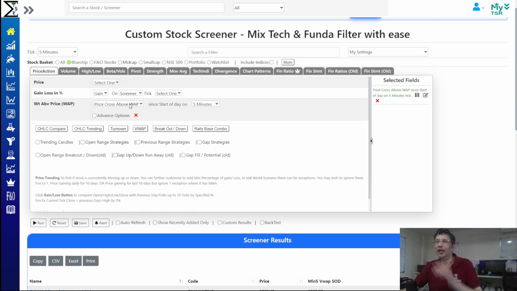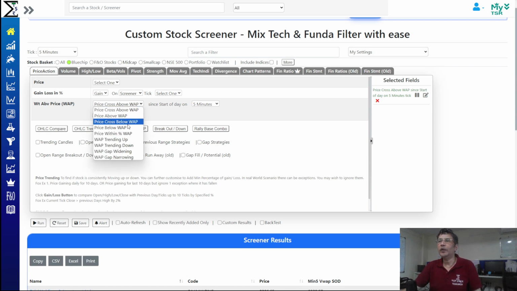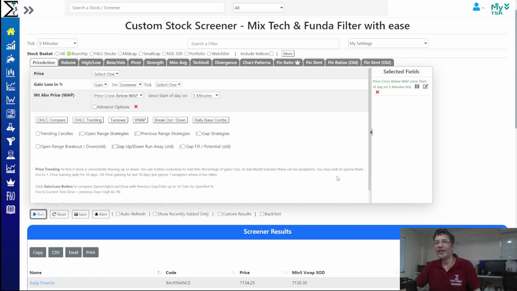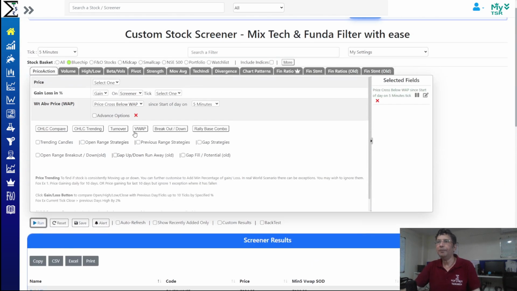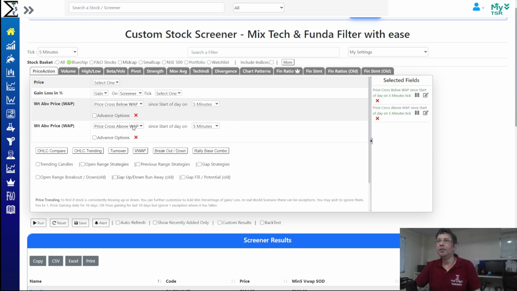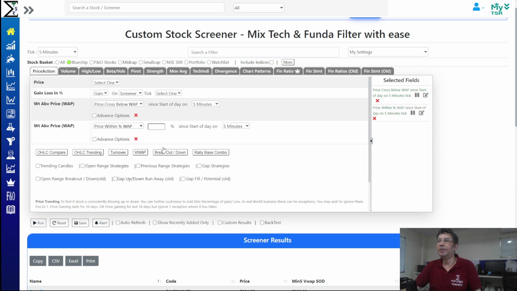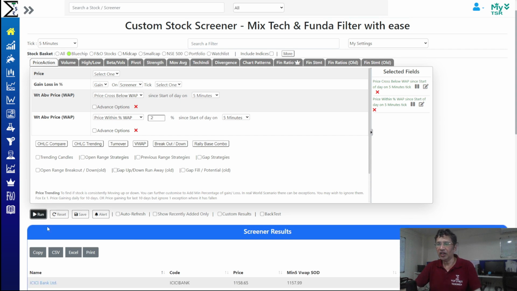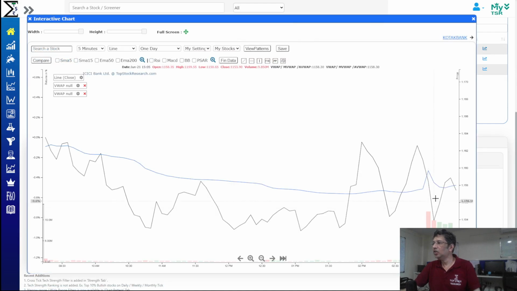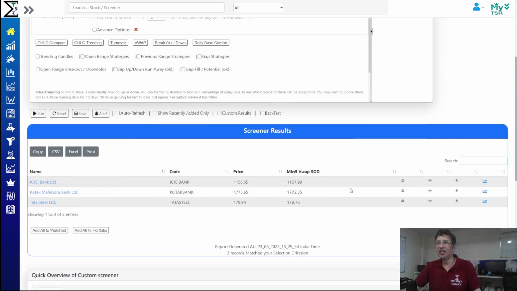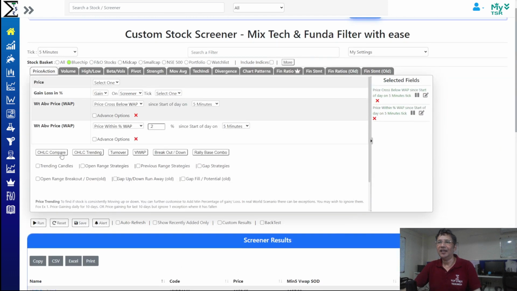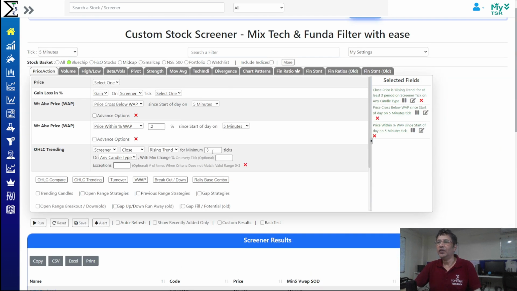Okay, price is below VWAP. That's the first condition, that you'll find all the stocks where the price is below VWAP, number one. Then we'll add another condition, price is within a certain percentage. So let's keep it as 0.2%. 0.2 is pretty good when it comes to intraday, right? So you'll find all the stocks where the price is below VWAP and within 0.2%. And then the next condition we add here is OHLC trending,